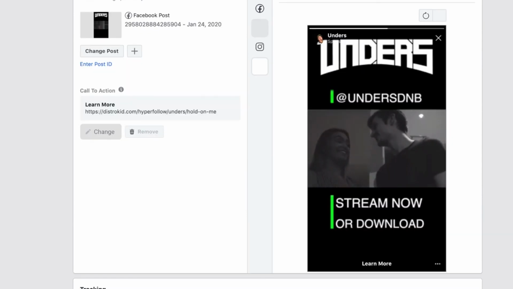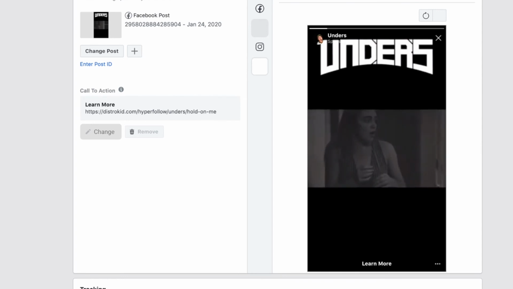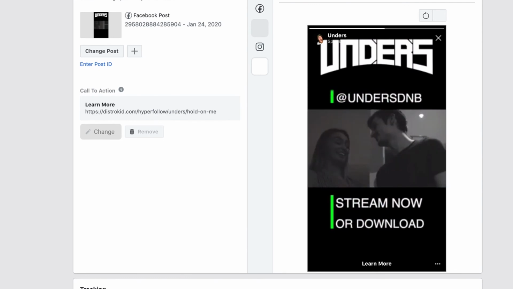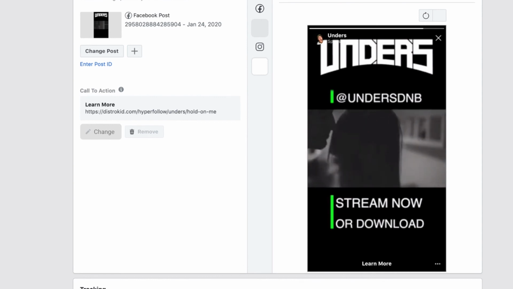And you're able to then drive them to the platform you're after, and using your hyperfollow link, if they're interested enough to click, but perhaps the platform that you put targeting them for isn't something they use, they've got the option to find you on other social medias and the platform of their choice.